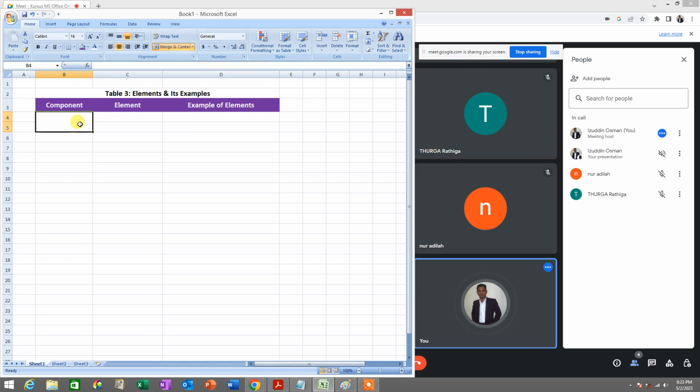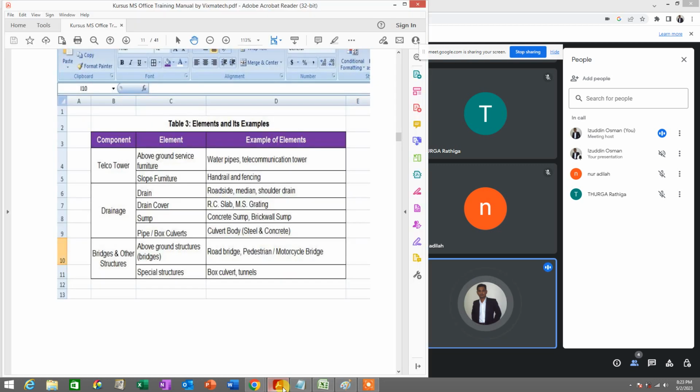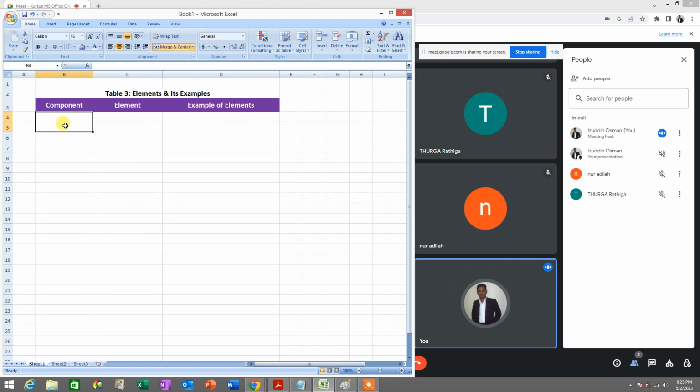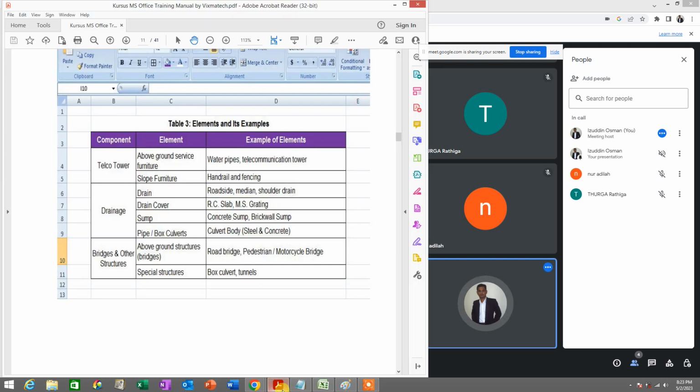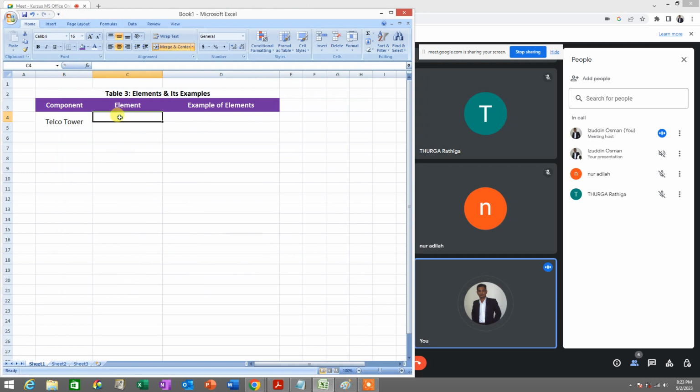Untuk I menggabungkan dua kotak kat situ. Dan barulah I type telco tower. Kat sini I akan type telco tower, tekan enter. So I click kotak ni, nanti barulah I tekan center and middle align. Okay, so kat tepi dia tu ada above ground service furniture. So I click kat sini, so I type above ground